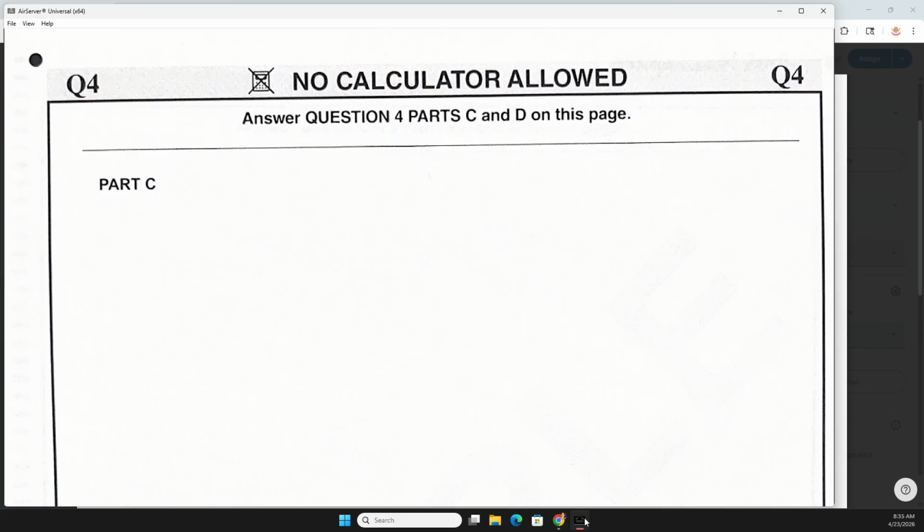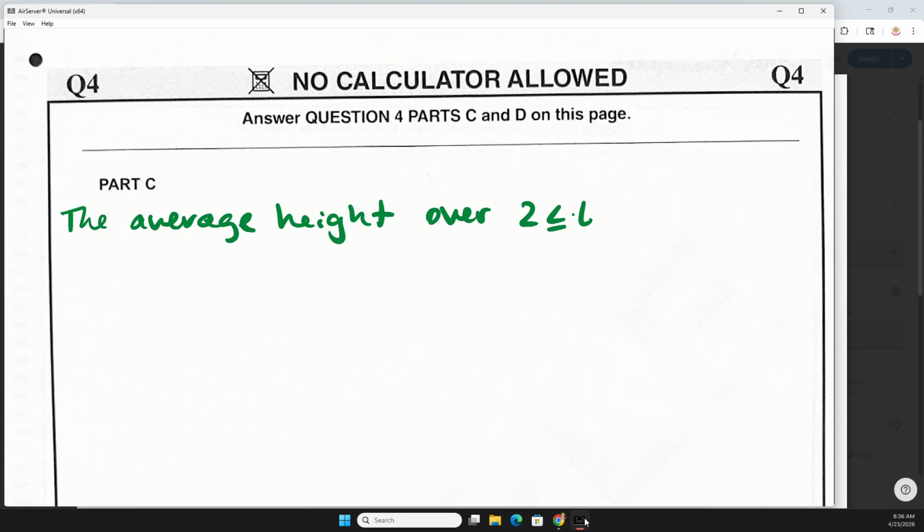And so on part C, I would take a second and I would say what we're going to do to represent the average height. So the average height over 2 is less than or equal to t is less than or equal to 10 is given by,